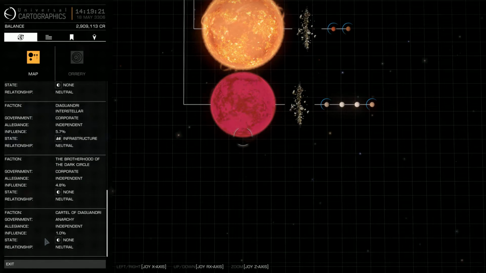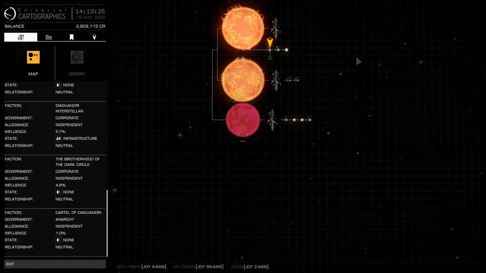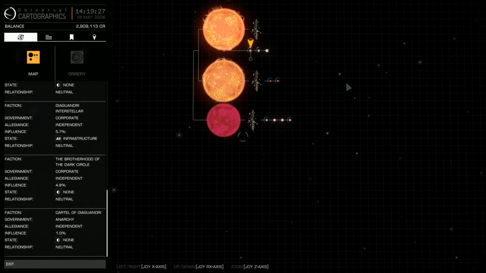Right, so I've nipped back to Diaguandri, and I'm going to land at a station on a planet here. So remember, these planets with the blue are all landable, so you can go and have a look at some of those if you want. These ones with the pips on have got stations on. So this is an orbiting station. So if I click on this one,